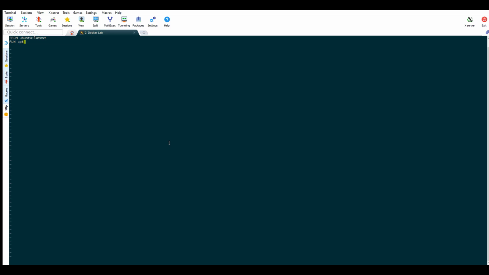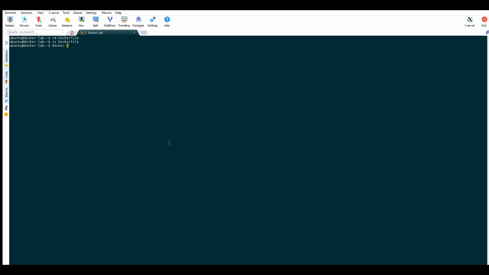The first instruction is that we will be using the base image Ubuntu latest. Then we are going to use RUN instructions to first upgrade the required packages inside the container, then install Nginx, and then perform cleanup. For the first image creation, we will be creating 3 RUN instructions instead of 1. This will give us an idea of how the size of the Docker image differs based on the instructions that we give. This completes our Dockerfile creation.